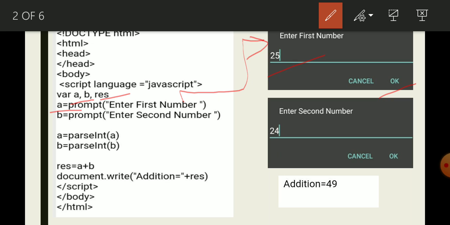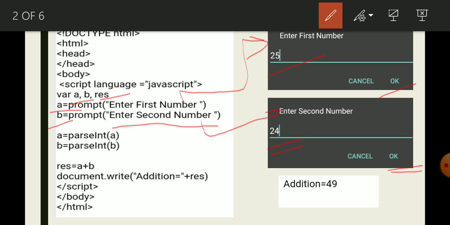The next prompt is for the second value, with the message "enter second number" displayed to the user. The user enters 24, and after pressing OK, this 24 is stored inside the variable B.